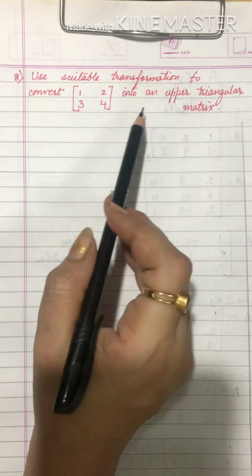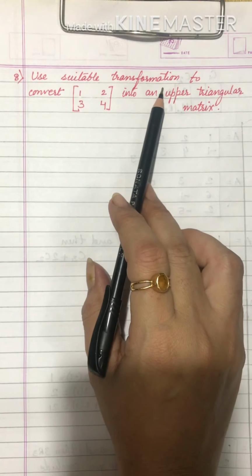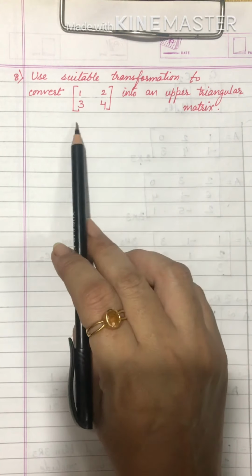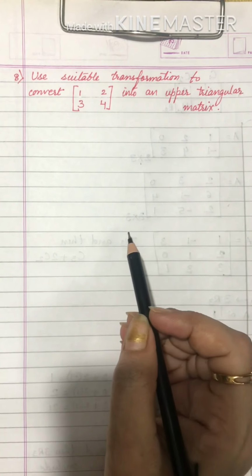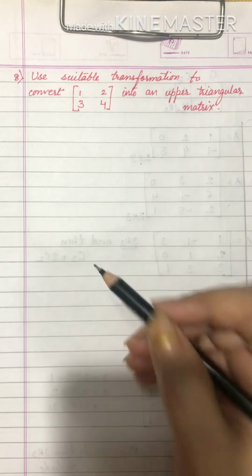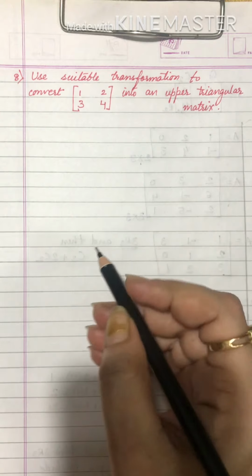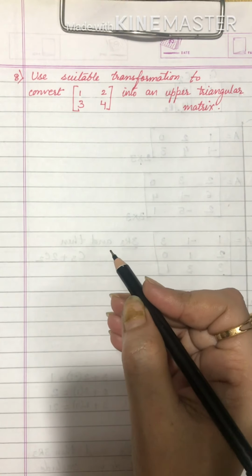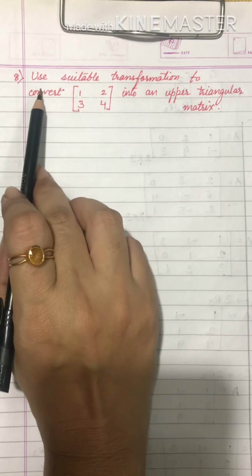Now the next interesting topic starts exactly from here, where the actual transformations are asked to convert the given matrix into a particular type of matrix. So here you need to know what the different types of matrices are, which we have covered in the previous video. I have provided the link of that video in the description section below. You can check it from there. For now, let's try to solve this one.